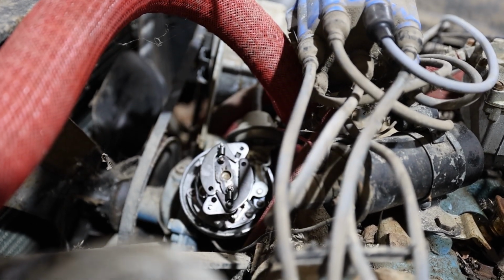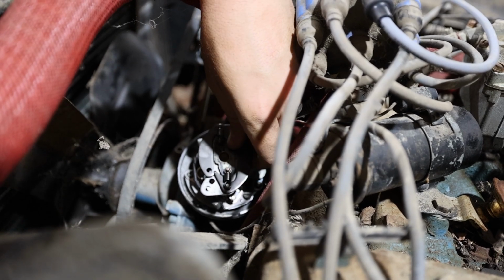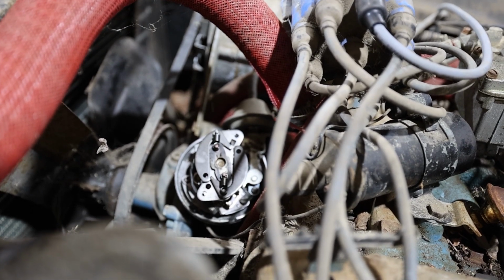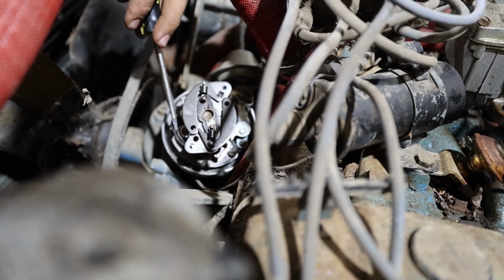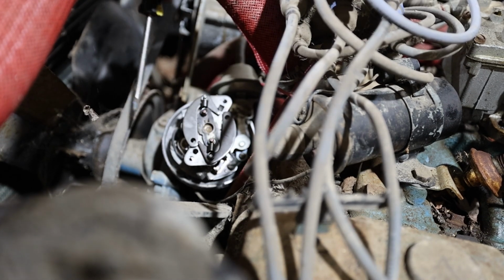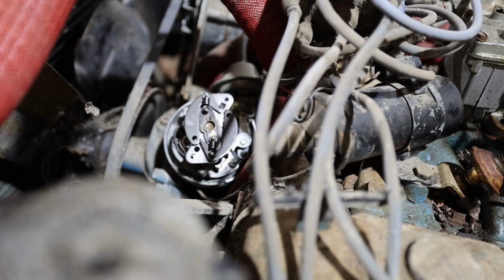Man, I just love how these distributors have the weights and the springs up top. That's just so nice to adjust your curve. Alright, there's our contacts down there. I don't have any coil wire hooked up or nothing, but let's go see if I can open it up. Might have to spin it over. Yeah, I can't really see it that well. Tell you what, before I even do anything, let's just hook a...